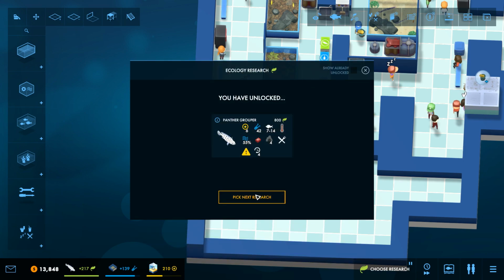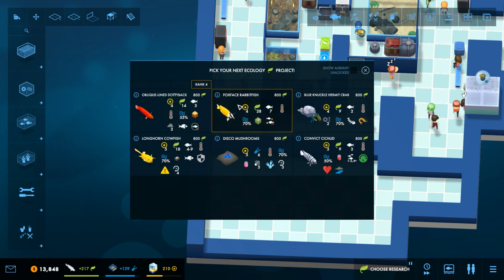We could have got to it on the back. Right, so this Panther Grouper has been researched, so now we've got to decide on which one we are going to do next. Do you know what? I think we will start research on...